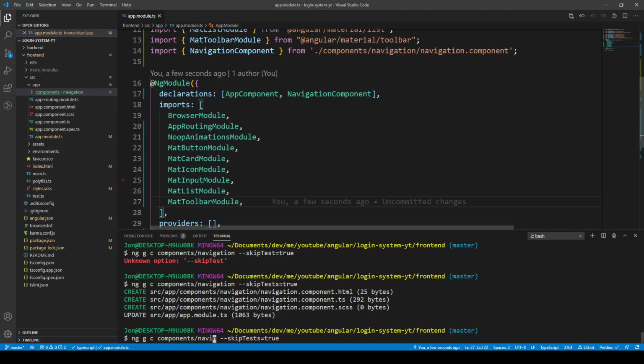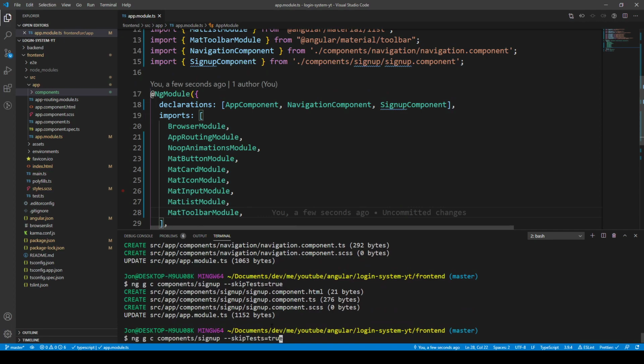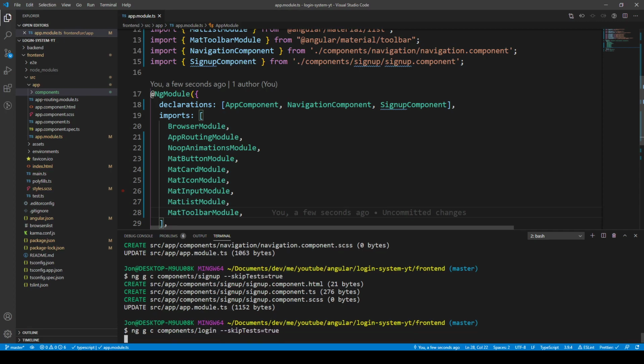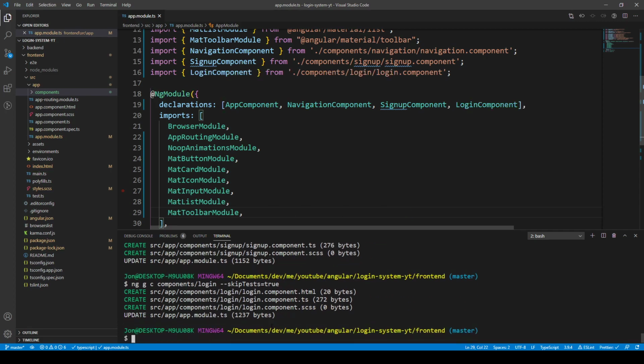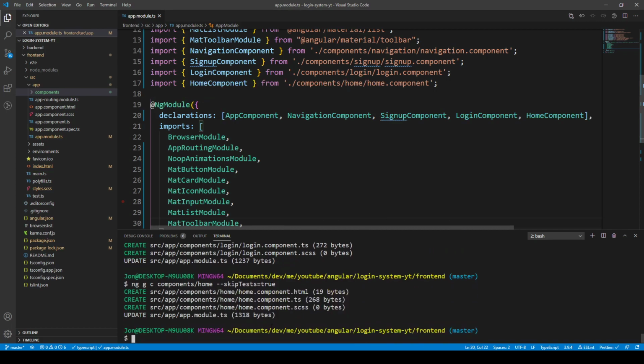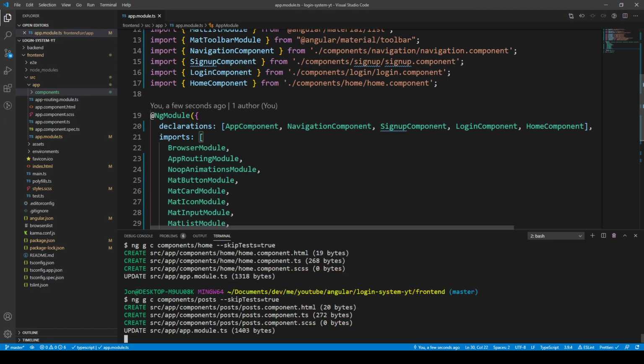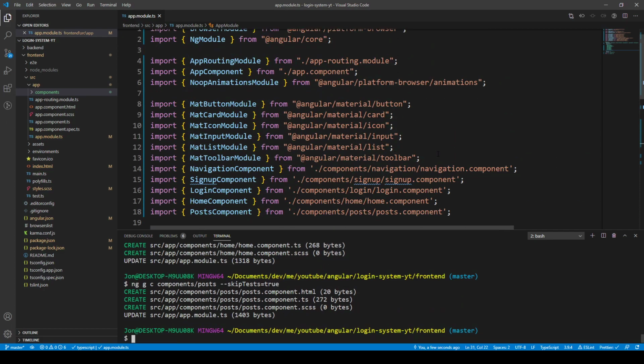So I'll just repeat that command by pressing up in the terminal, and I'll make a sign up component, a login component, a home page component, and the posts component. So the idea with all these components that we just created is that, and I might just separate these here,